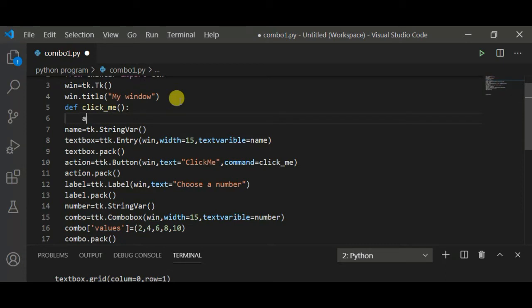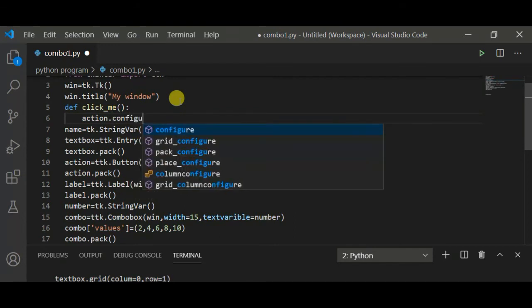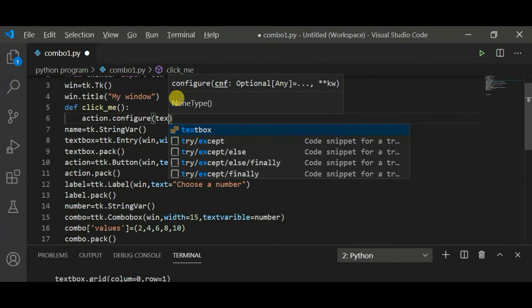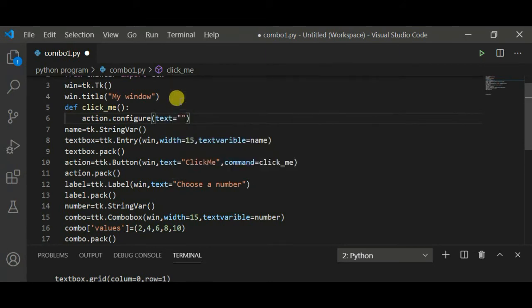Action is action.configure text equal to hello, and it will concatenate the text of the text box also.